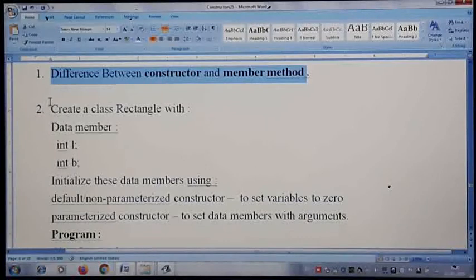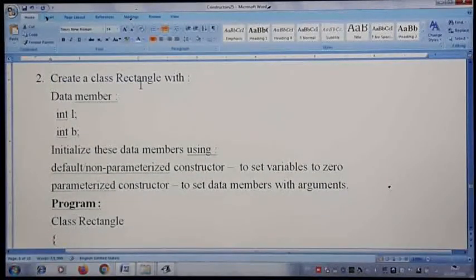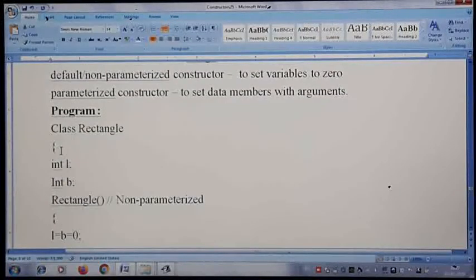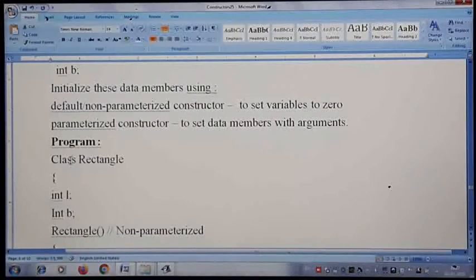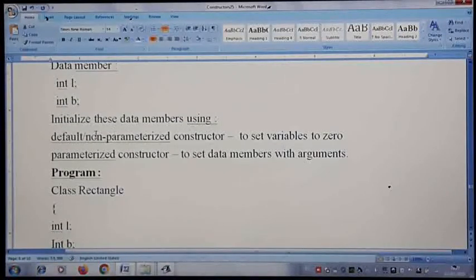Now the second example. The first one is done already. Second one: create a class Rectangle. I just kept the solution ready here. The class Rectangle has how many data members? Two data members, L and B, length and breadth. So we have taken length and breadth and initialize these data members using a default or non-parameterized constructor.